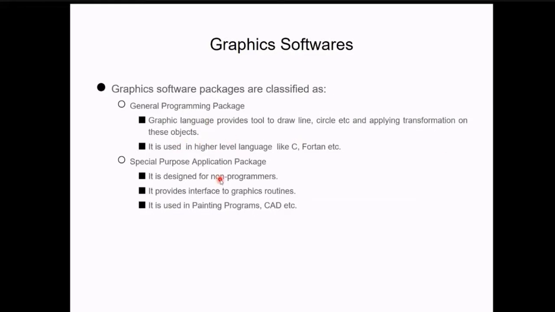What if I say you have a triangle and you have to rotate it, or transform it? Then you'll say that okay, for this purpose I have to increase the pixel or reduce the pixel, but how can you do this? That's what we have to learn in this subject, and it is used in higher level languages like C, Fortran, etc. We will be using the same thing in the C language, so you don't have to learn a different technology for your CG purpose. You just have to be good in the C programming language.